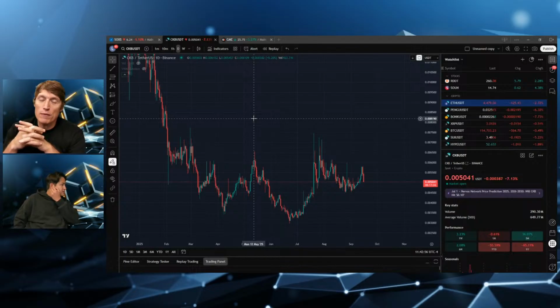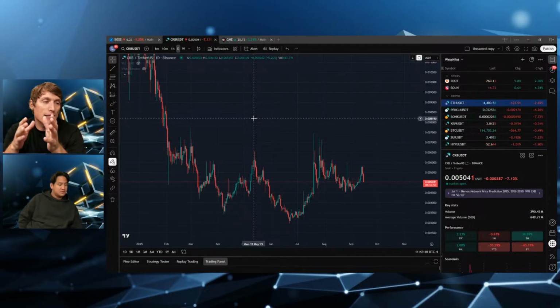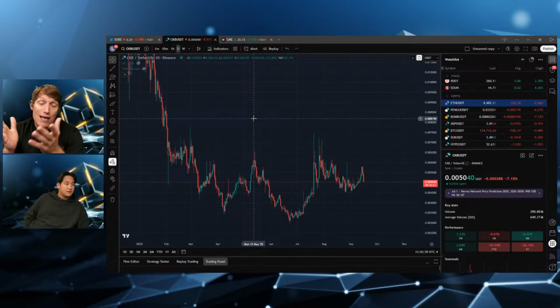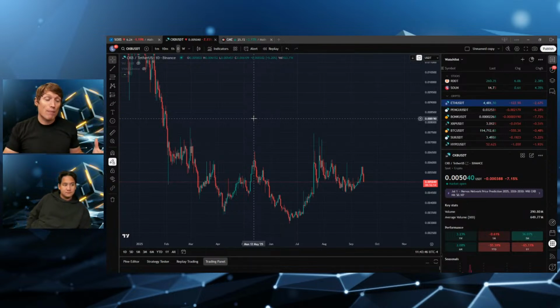So quantum is going to be a problem for everything. The thought process behind quantum computing is being able to mine faster. Well, Bitcoin can only be mined a certain amount at a time per day, right? So it's capped at a specific amount. So I think the idea is that quantum computing, if it's good enough, could actually break not only the code, but could they duplicate Bitcoin? I mean, it's possible, but also hack into everybody's accounts and figure out what passwords and stuff are. That's a possibility, right? But if it does that, then you can also say, well, then what's going to happen with all of our